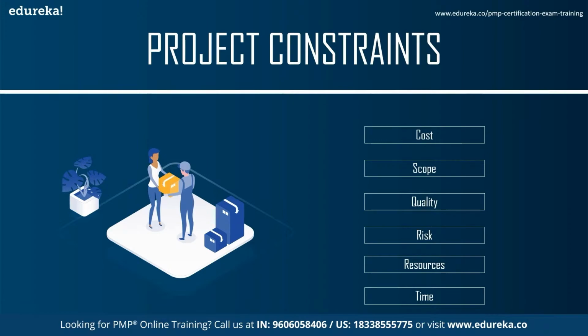The second constraint is scope. So scope is what the project is really trying to achieve. It entails all of the work involved in delivering the project outcomes and the processes used to produce them. It is basically the reason and the purpose of the project. The third constraint is quality. Quality is a combination of the standards and criteria to which the project's products must be delivered for them to perform effectively.